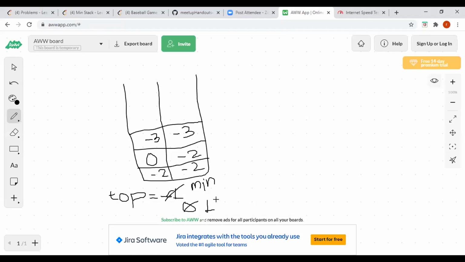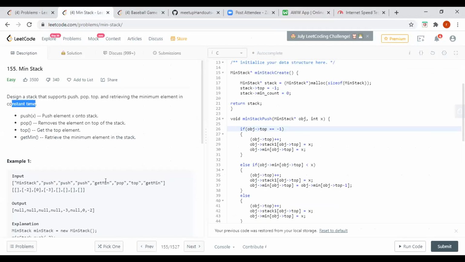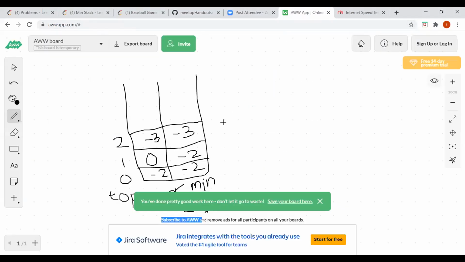Okay. And the top will change to 2. Basically this is index 0, 1 and 2, and then the question is asking to get the minimum. So we have already stored the minimum value till now, so we'll return this -3 as the output here,